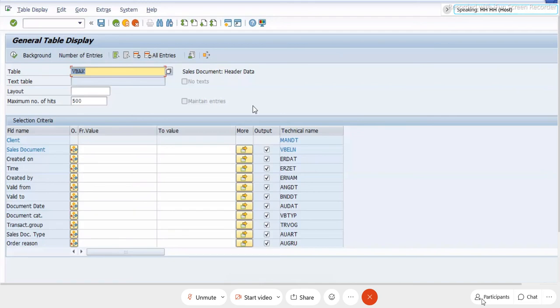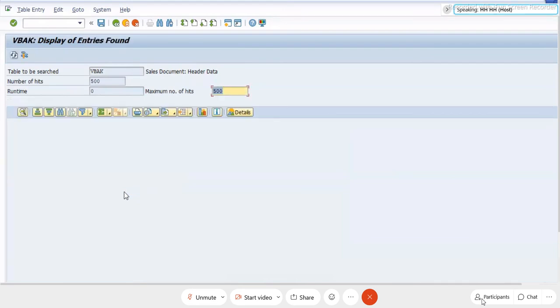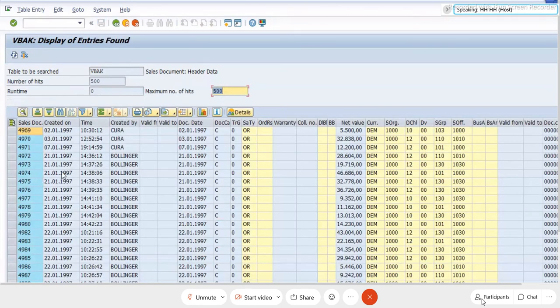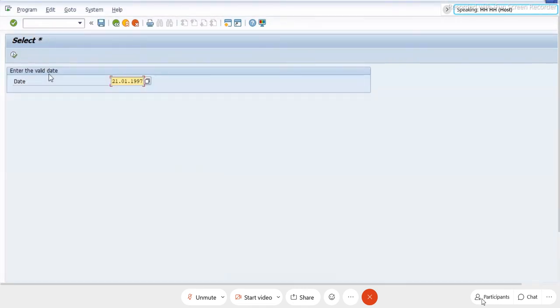Okay, just let me execute my entire table. Here take something randomly and you can test it. I'm randomly taking the date. Why am I taking the date here? My input is a date, so I'm also taking the same date. Let me execute some data here. I'm getting some data here.